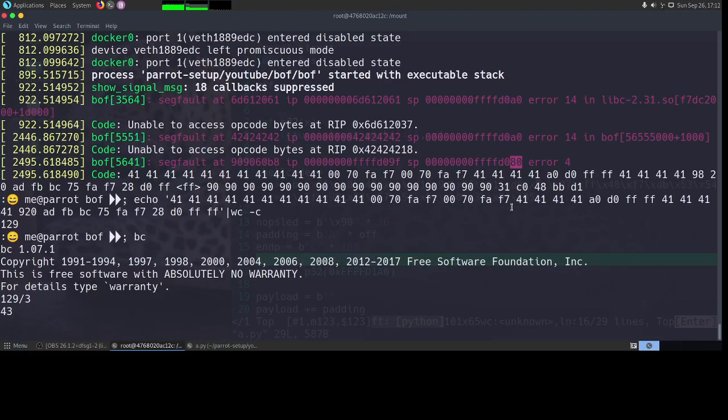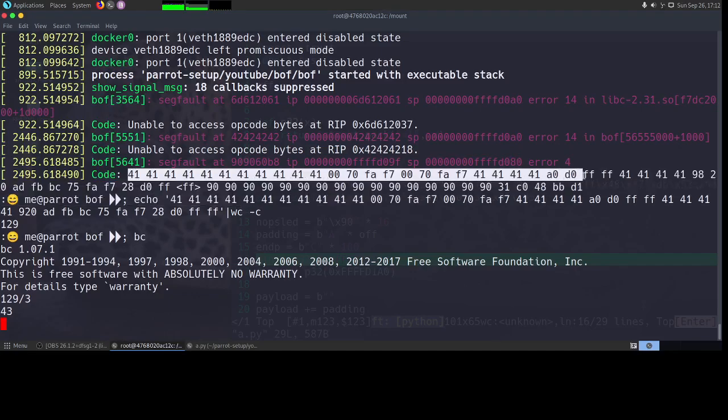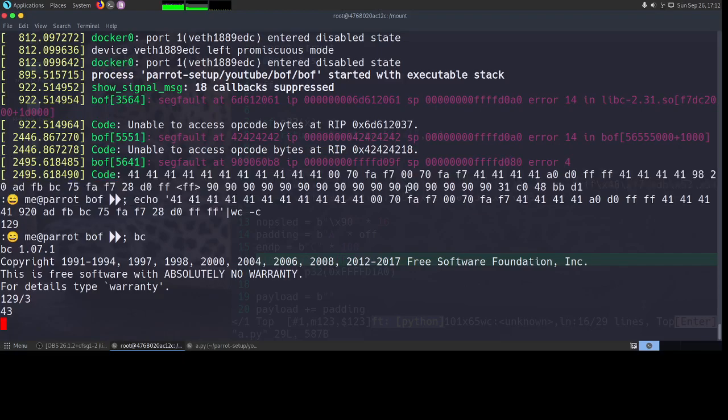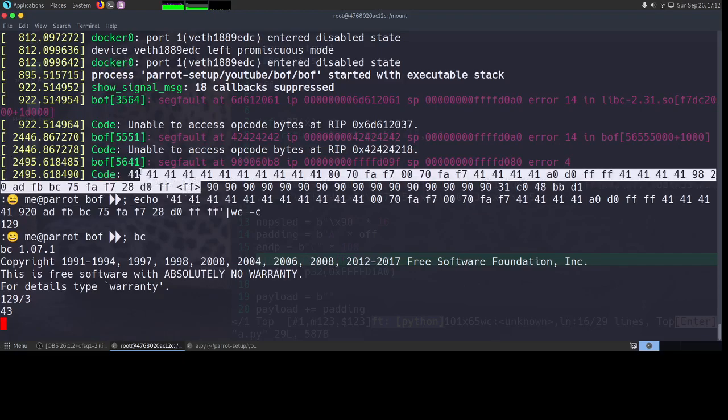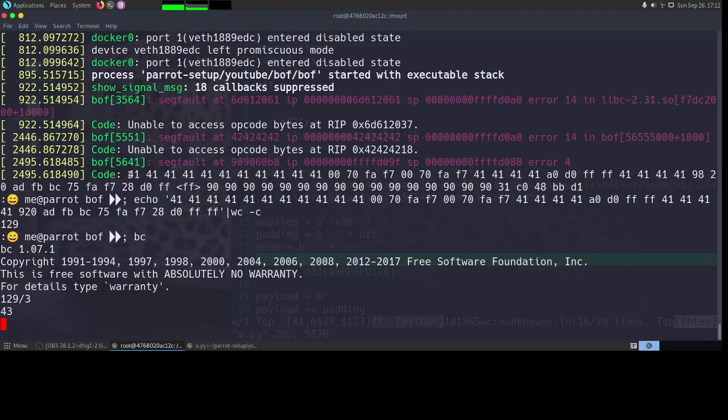If you are confused, I am saying that the stack pointer is this and the stack contained this code, and we know that we have to ignore up to this point. So we took this and then counted how many characters were there. Since these 3 make one character in memory, we divided it by 3, which is 43.